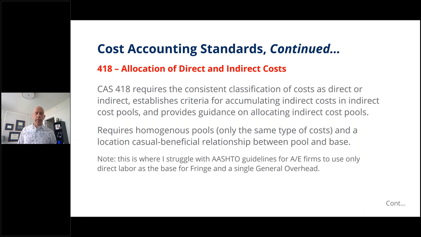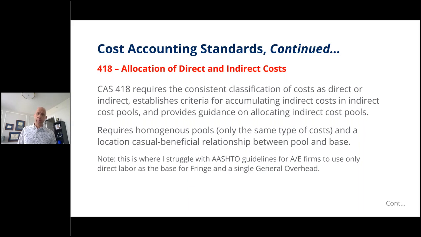For example, the one that I really like to use is fringe, right? Our fringe expenses, you may recall, I always said those were expenses that were incurred for maintaining W-2 employees, right? So fringe are things like employer taxes, health insurance, retirement, and they're for W-2 employees. So how would we normally allocate out our fringe expenses? Over all of our W-2 labor, right? If I'm incurring those costs for my W-2 employees in the pool, then it would make sense that the base would be my W-2 labor.